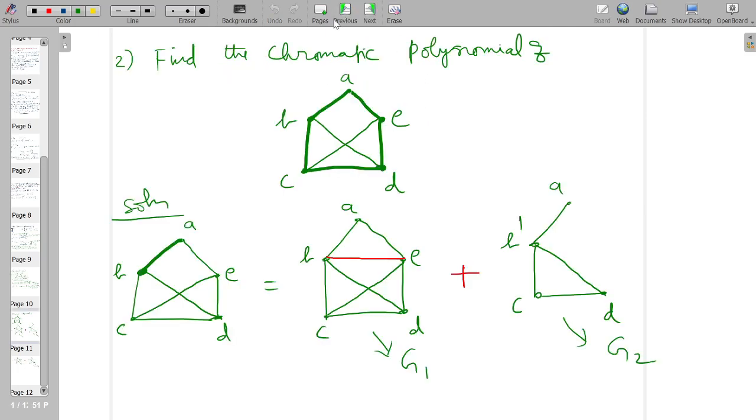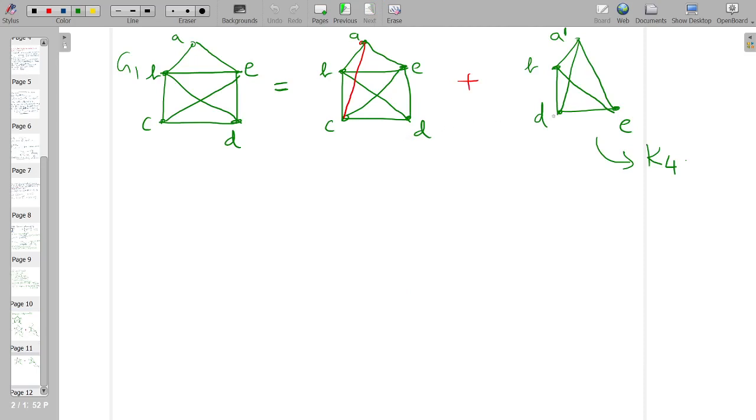So let me again repeat here. Now what I have done is, here I have seen that B and E are non-adjacent. I make B and E adjacent, and then I fuse the vertices B and E, and I get this. BC. So here AC is not adjacent, so I will not have this. So this is the graph. So for this graph G1, I have this. Now